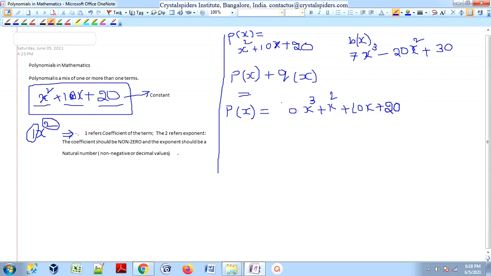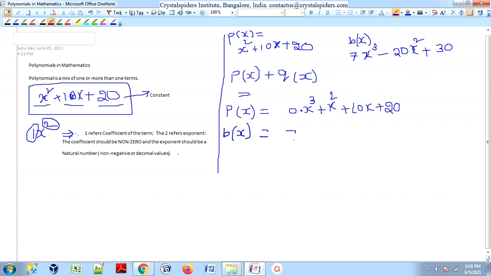Now we have this one. So let's see now, this is 0 x cube, that means the whole term is 0 only, 0 into x cube, whatever the value of x, it doesn't matter, that whole term will become 0. So it will be the same polynomial, right? And now I am going to write the polynomial b of x in a different way. So now the missing term in b of x is the x term. So I am going to write that x term with a 0 coefficient.